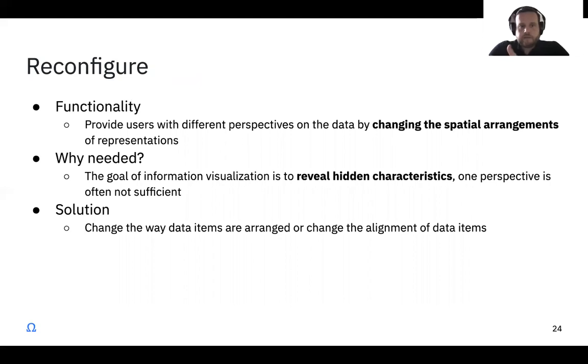And the need stated for the Reconfigure interaction is that the goal of the information visualization is to reveal hidden characteristics, and one perspective is often not sufficient. I mean, this is a bit of a high-level thing. My personal valuation of Reconfigure would be that it really helps you to establish ranges and to find extrema and find data instances that are